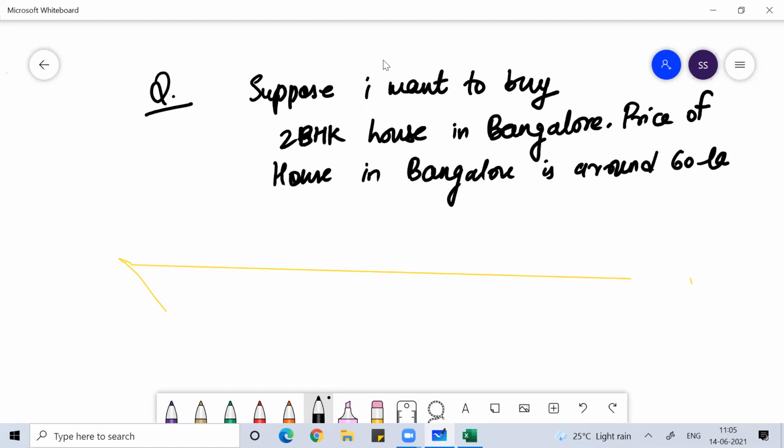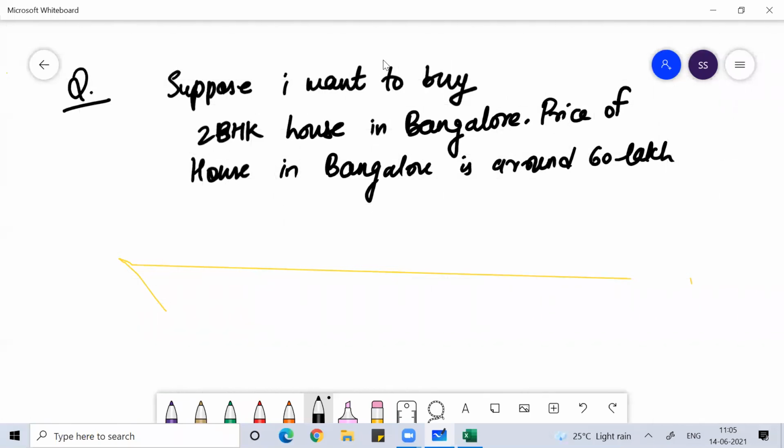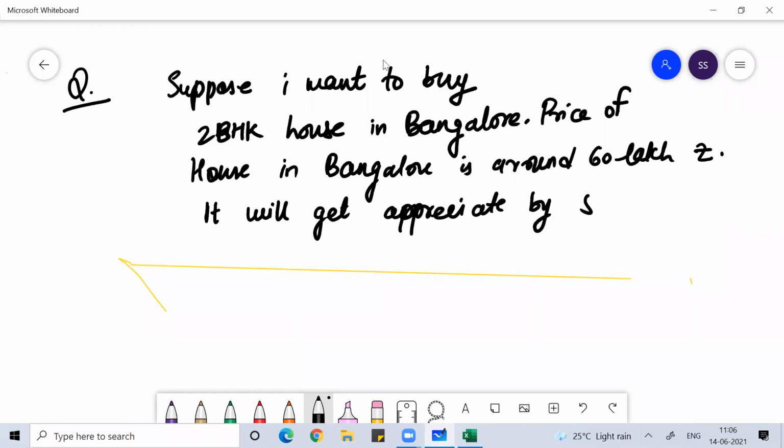I'm not talking of Shobha or Prestige, I'm talking about general. And it will appreciate by 5% per annum, every year.